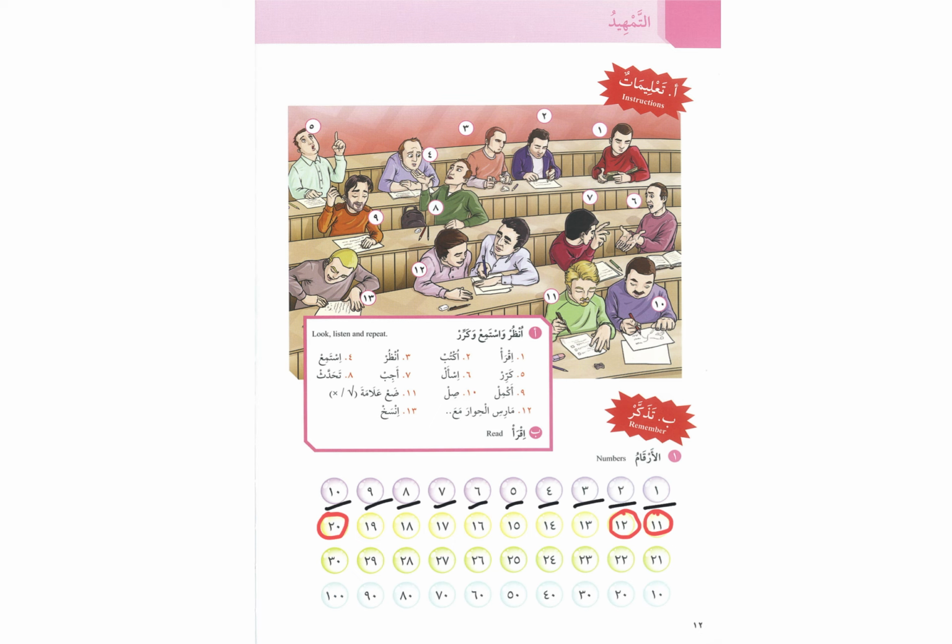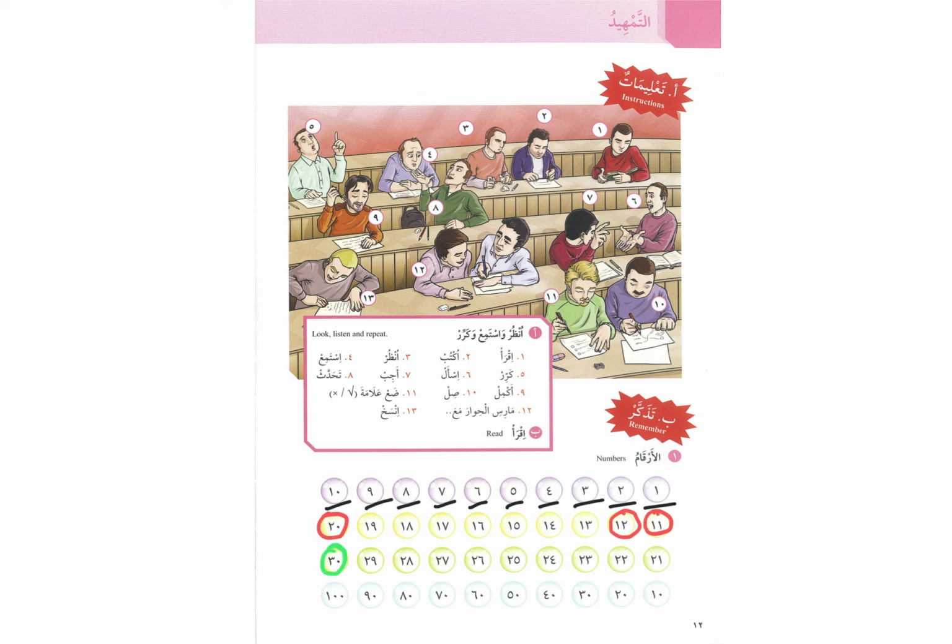Then we have واحد وعشرون, اثنان وعشرون, and it follows that same pattern, the unit first and then عشرون. واحد وعشرون, اثنان وعشرون, ثلاثة وعشرون, أربعة وعشرون, خمسة وعشرون, ستة وعشرون, سبعة وعشرون, ثمانية وعشرون, تسعة وعشرون, and then